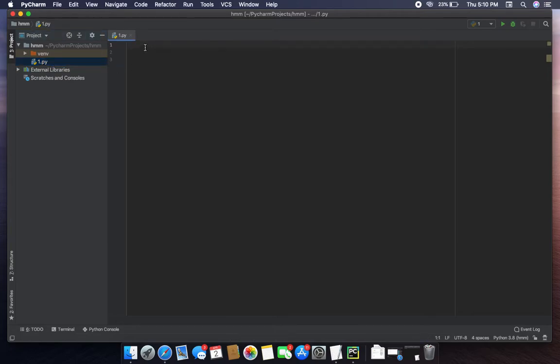Just write here import pandas as pd. Here you will get an error because you haven't installed it yet. So just click here and it will get installed. As you can see here, it's installing. It will take some time, and you need to have an internet connection for this. So see, as it is getting installed here, it will get installed in some time,